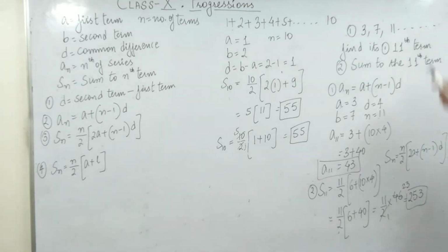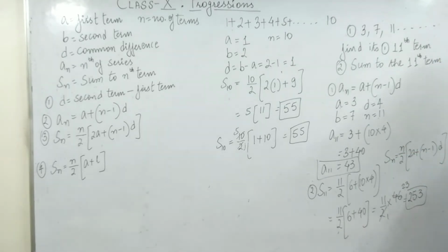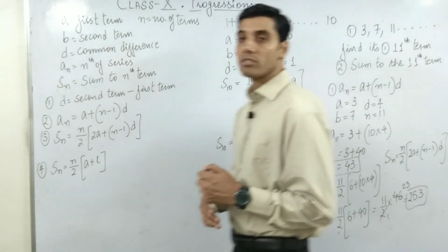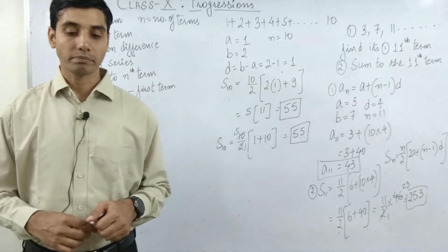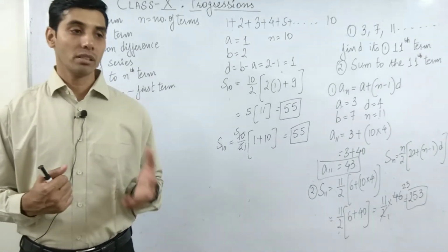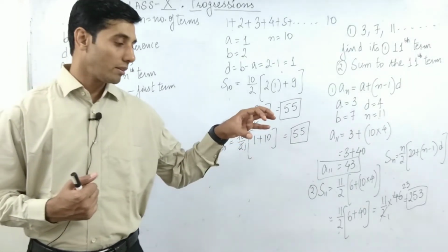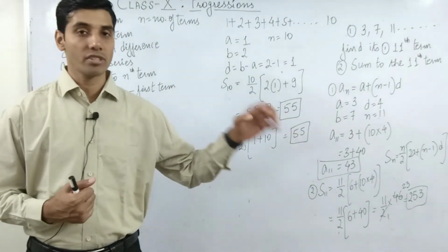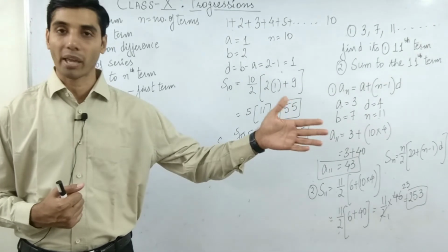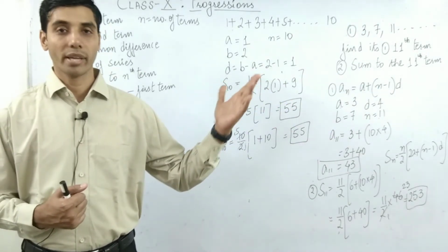So that means that if you are going to add up the numbers all the way, you are going to get 253. Otherwise, the 11th term is going to be 43. So that's how you are going to solve this question. Now, the next level of questions normally comes in the word problem. How are they going to come? There is this girl who has planted a plant right over here. Now she is taking two steps, and she is leaving 2 steps and then again taking a plant. Batao kitne plants honge, and so on and so forth.